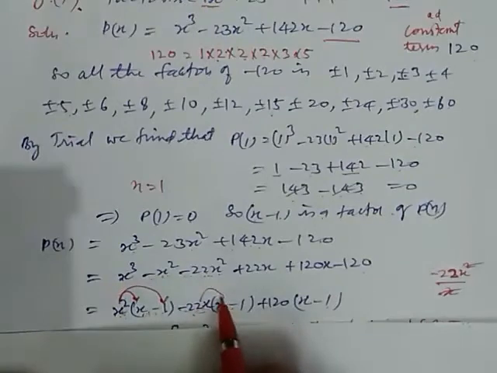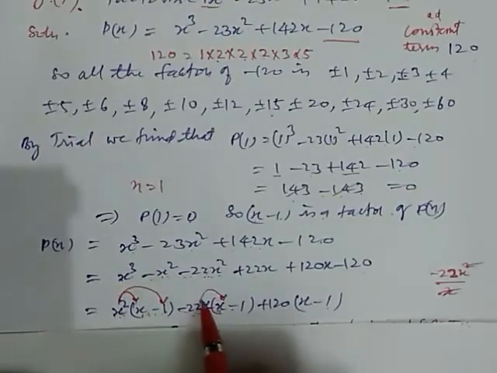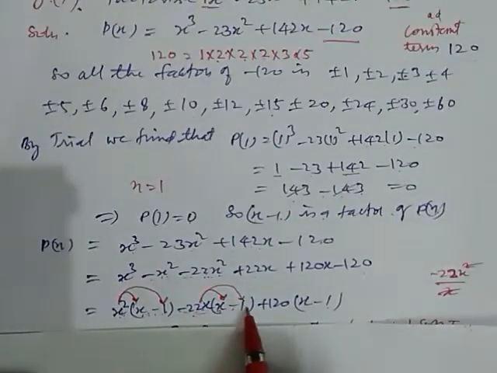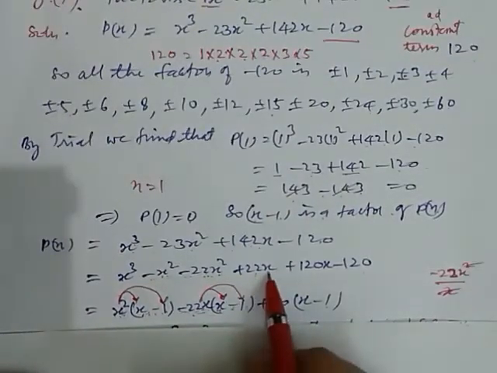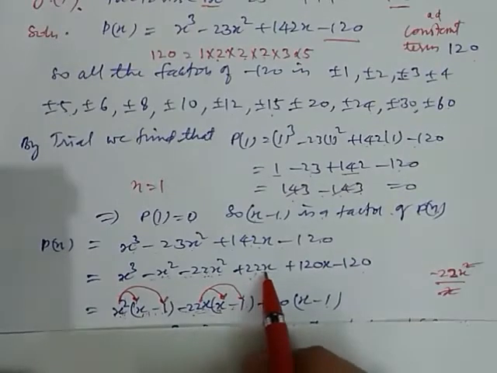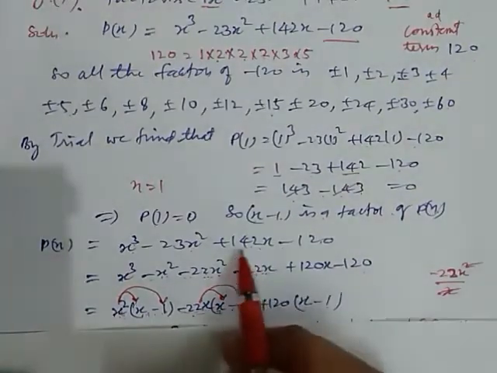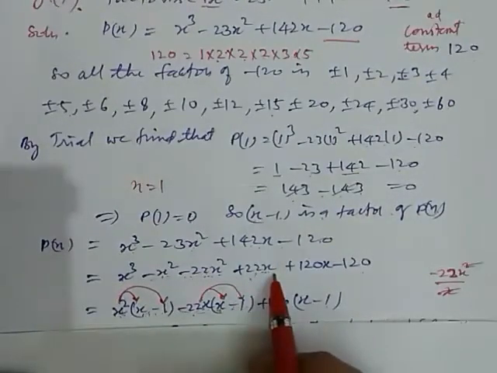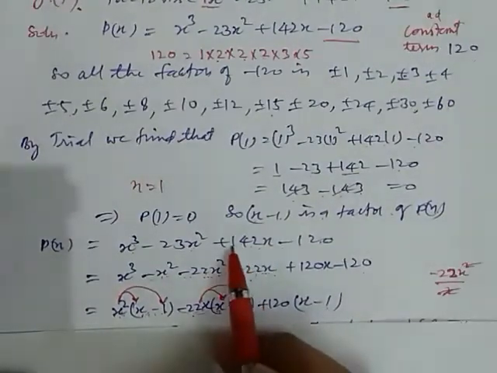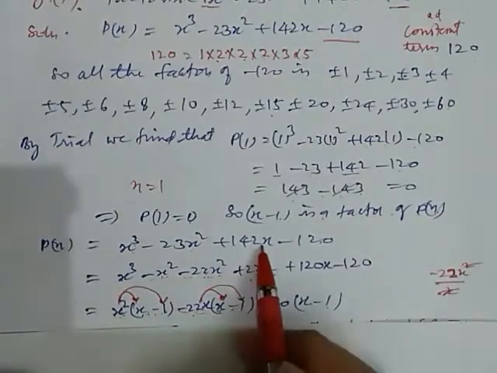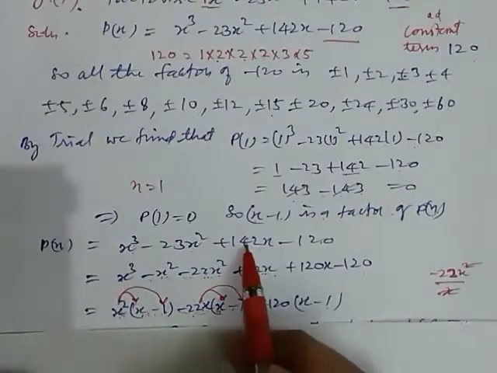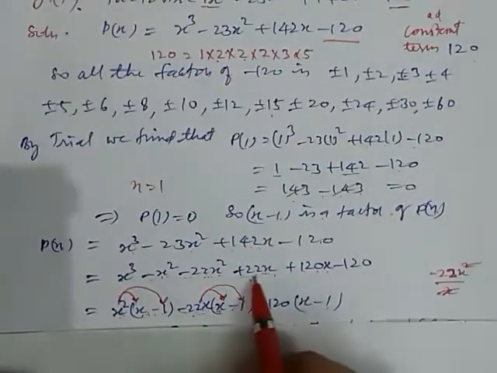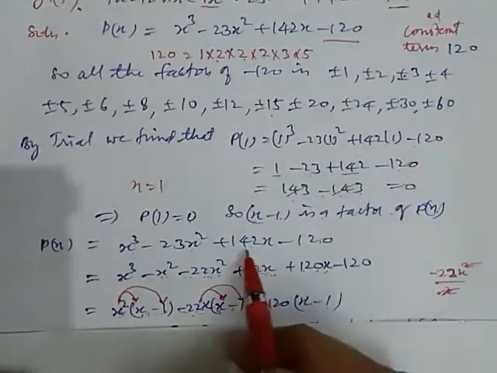Now by multiplying this we get this, but we multiply this also, and minus 22x into minus 1 we get plus 22x here. So plus 22x, write down here. Now check, here is the 142x, but we found only 22x. What is left? We subtract 22x from this. So after subtracting 22x from this 142, we got 120x. Okay, so the addition of these 2 terms is 142x.